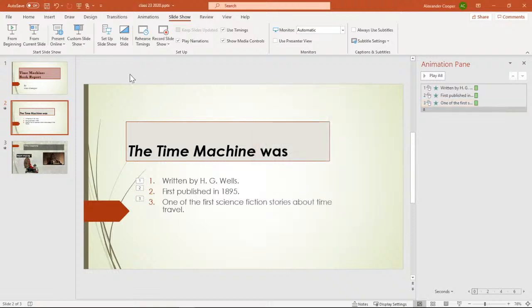So now let's kind of get to our presentation. We're getting to the end of our presentation here, and of course the end of our class as well. But let's go ahead and I'll show you this one, and then we'll work with our templates a little bit. We'll talk about making it into a game as well. So I'm going to click from beginning.